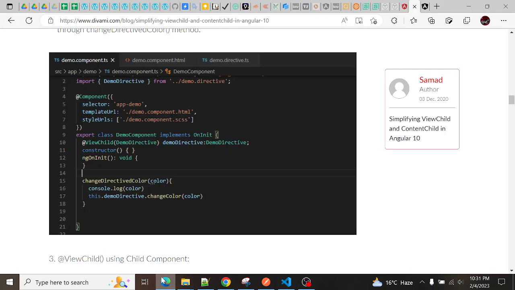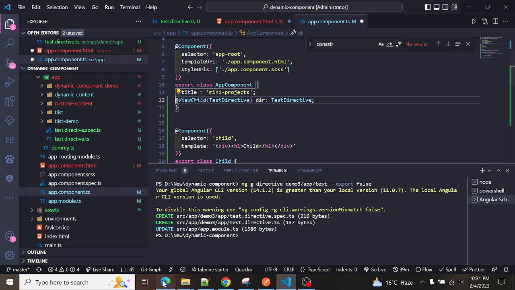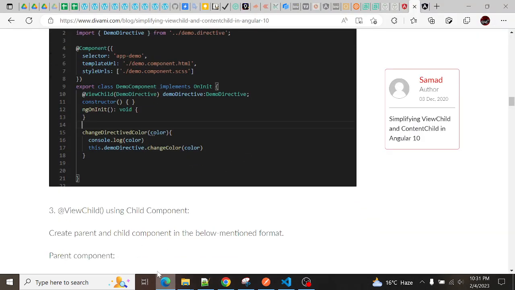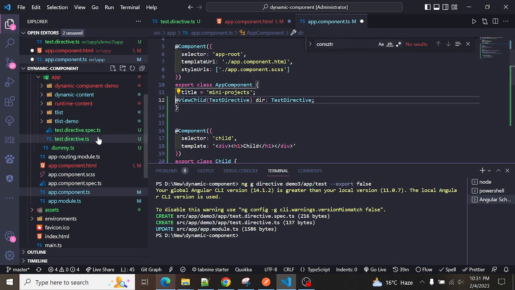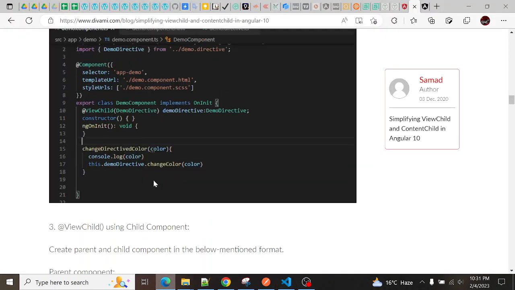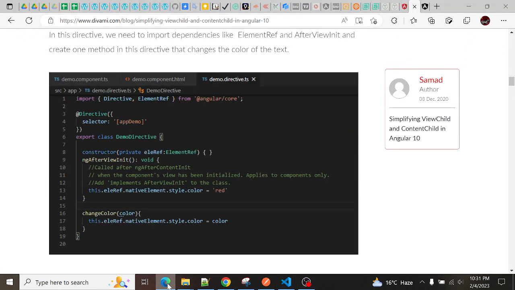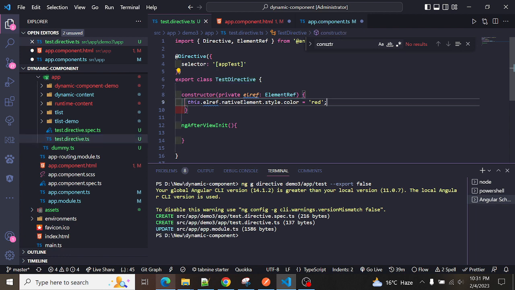So if you want to change the color, you can create a method here. Firstly you need to add it in the directive also, and here just